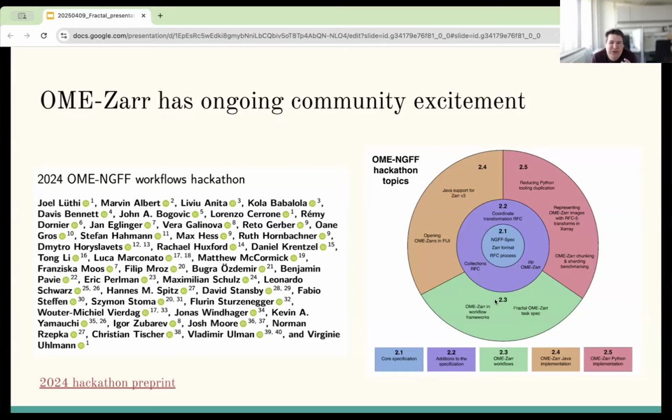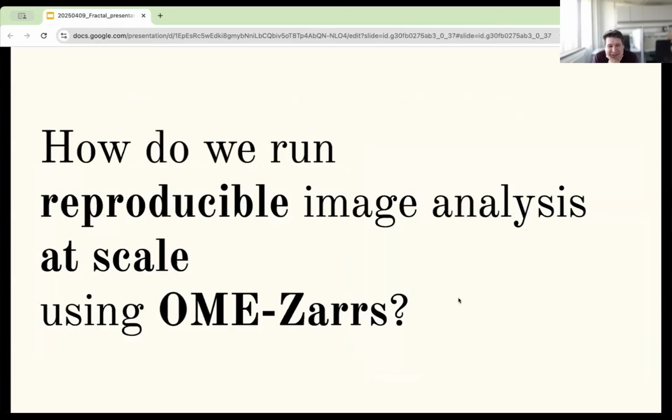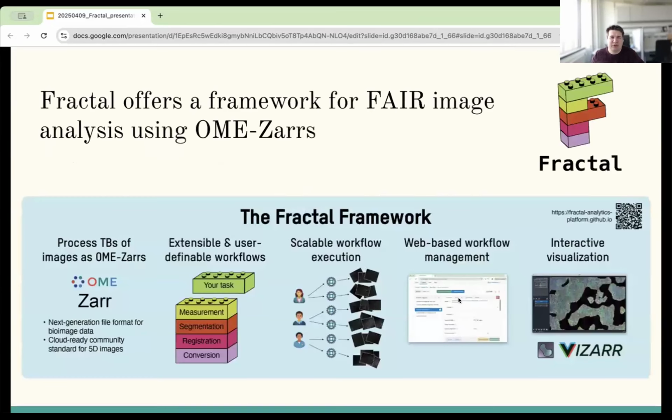Now, let's assume we are all in this OME-Zarr world and we all came around to this next generation file format. The question we ask ourselves is, how do we solve this green part? Specifically, how do we run reproducible image analysis at scale of terabytes, not just on a few megabytes or gigabytes, using these OME-Zarr containers? And the answer we've come up with for ourselves over the past 3 years is what we call the Fractal